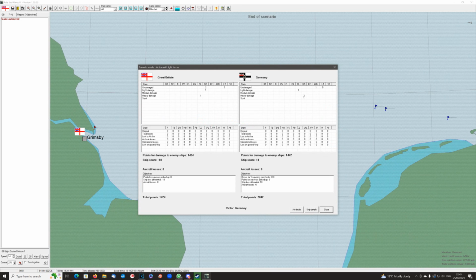However, this ended up being actually a slight minor victory for the Germans, because although I came out of it tactically slightly better, the Germans lost a destroyer, 2 more heavily damaged, with a lightly damaged cruiser. I had the Calliope heavily damaged, but my 3 destroyers were mostly okay, so all of my ships will recover, even if Calliope is going to spend a bit of time in the dockyard. The Germans are basically out 1 small destroyer formation, because those destroyers will take a while in the dockyard as well,